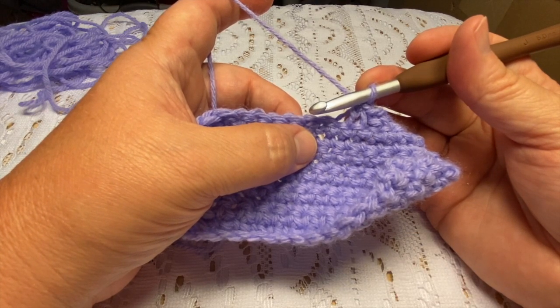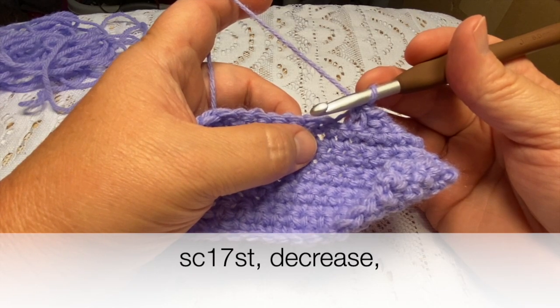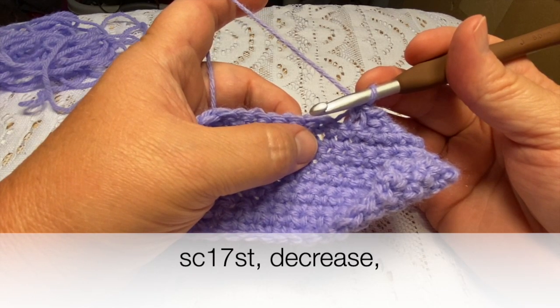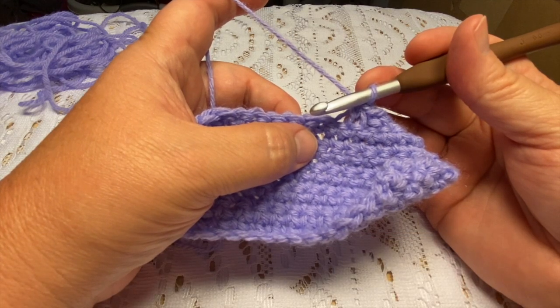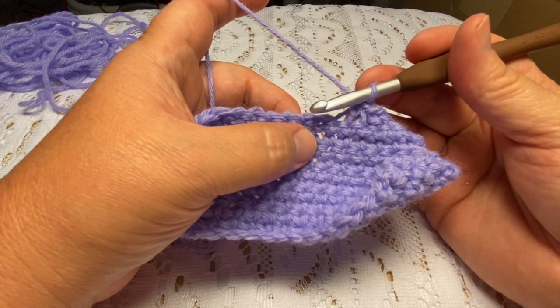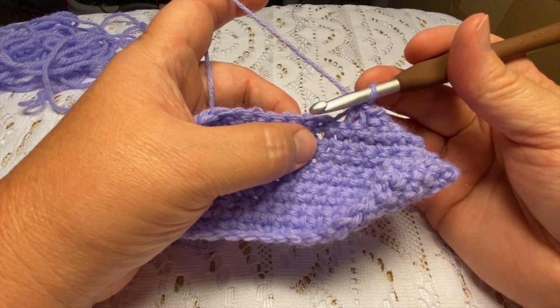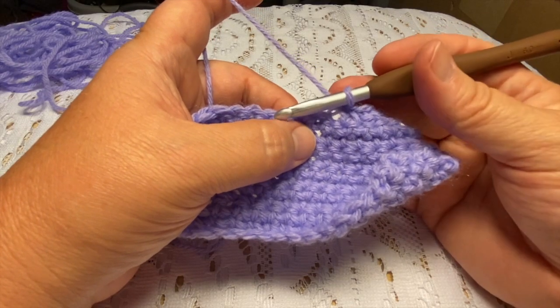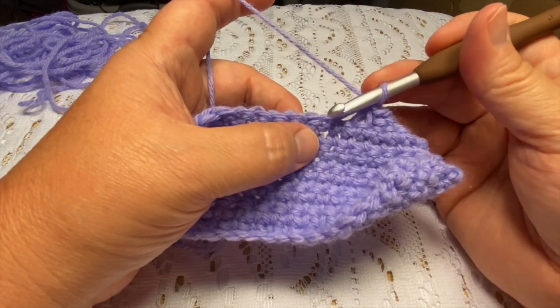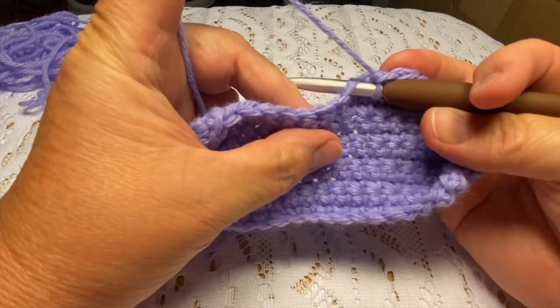Another way it may be written is something like SC 17 ST, then decrease, meaning single crochet 17 stitches. On your 18th and your 19th stitch, perform a decrease, which is single crochet 2 together. You enter into your stitch, both loops on your hook,